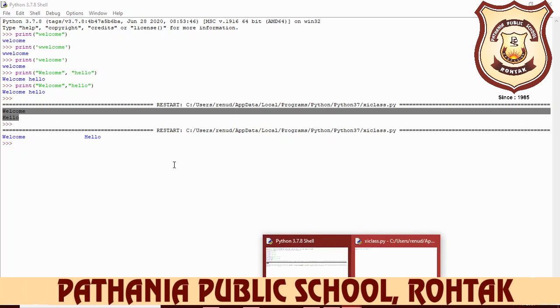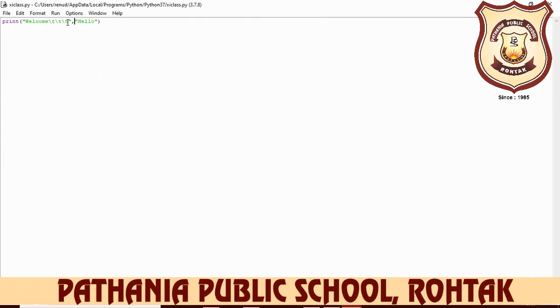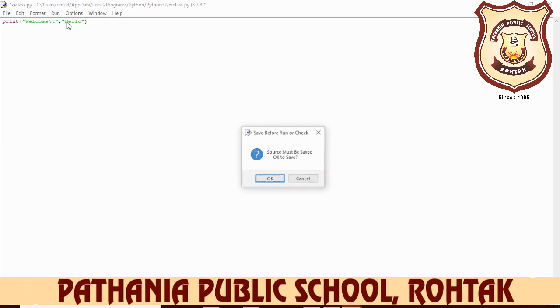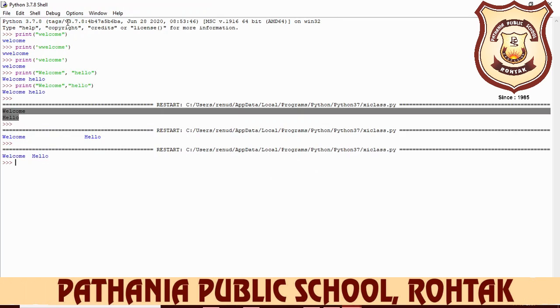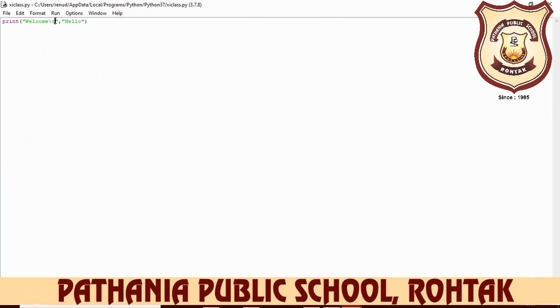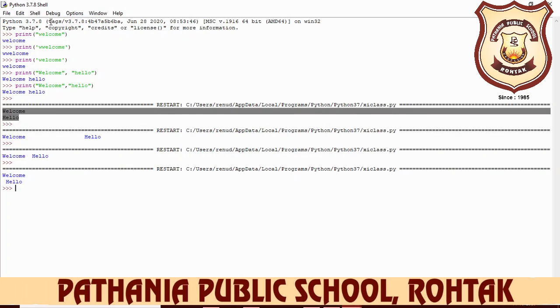But once we write it 3 times now, if you want 1 tab space, then you write only 1 \t, then press F5, run it, so 1 space is there. But if you want to write in a single line, but want to display this message in the next line, then you use the \n here. But listen, one point: \t is used to give the 1 tab gap between the words, and \n is used to move your text to the next line. Okay, so again save it. So now you see it will display in the next line.